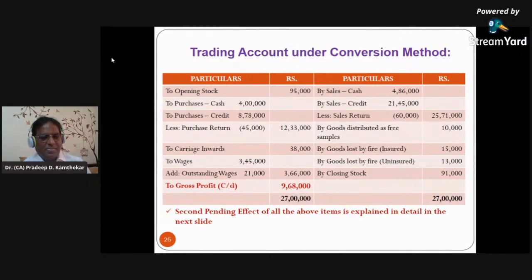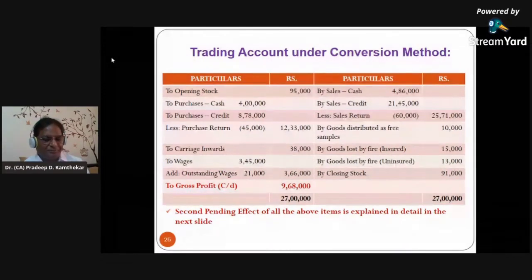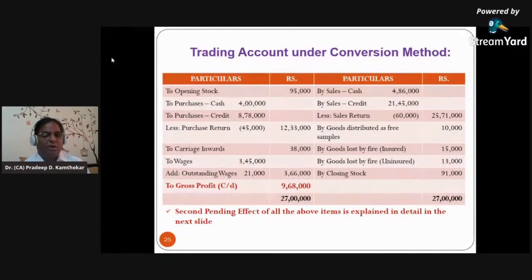Now carriage inward. Carriage inward means it is the amount paid while buying goods. It might be, say, for the transport or other incidental charges, because you know when the goods are bought, they are either bought by air route or sea route or by road, and you have to pay carriage, tempo charges, truck charges, or the charges paid to railway authorities and all that. So that is called carriage inward. So debit side here, and the second effect, obviously since the payment is made, will be on the credit side of cash and bank account.